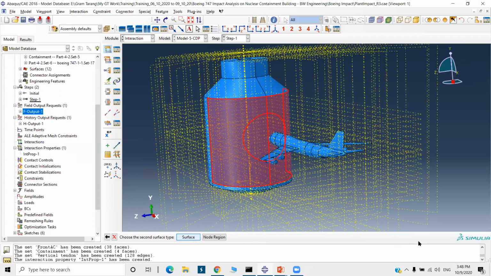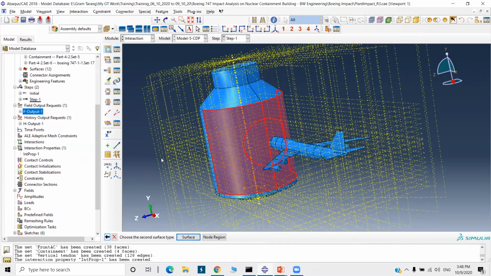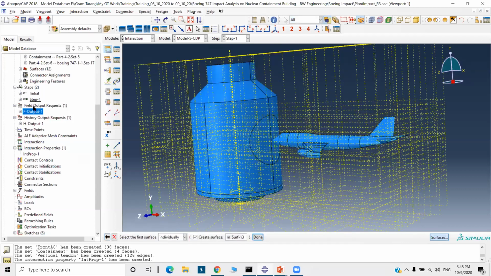Surface to surface, and okay, so it is not showing. Actually, I have to select the front AC. So I have created a set. So I will define the surface set here in the assembly.